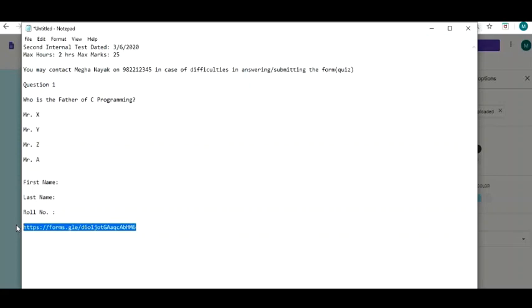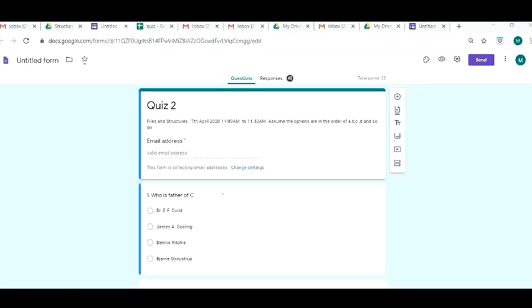Now for example, let me just copy this and mail it to another account of mine. Let me try doing that. So what after the student finishes submitting responses to your quiz? Now here is an example of a quiz which was designed and there were 42 responses to that quiz.